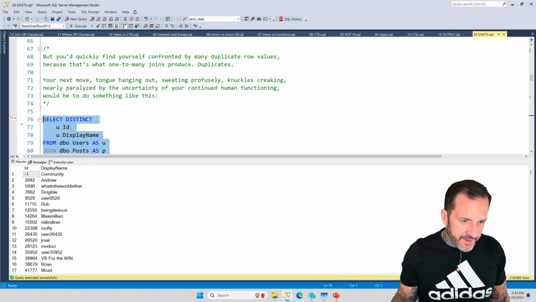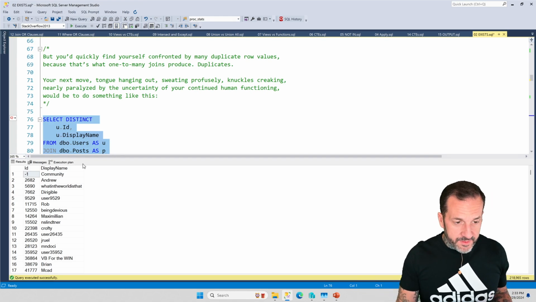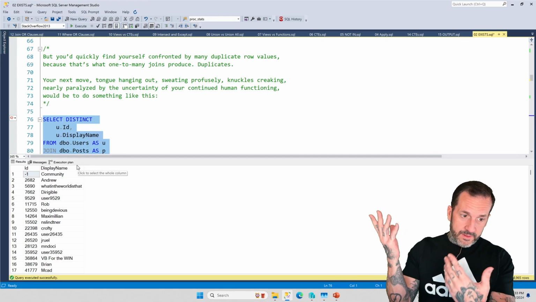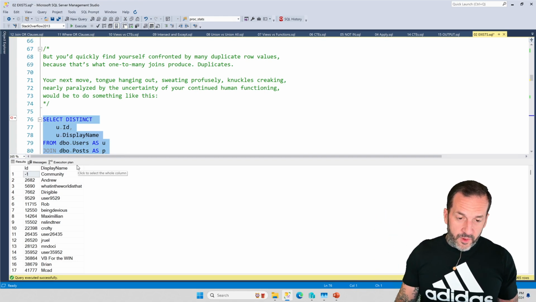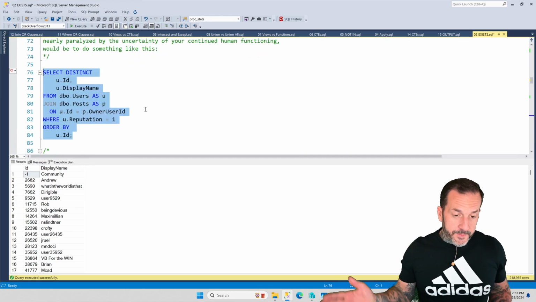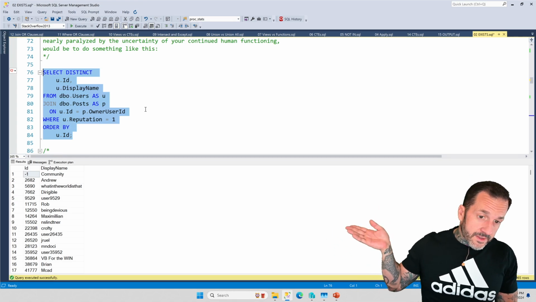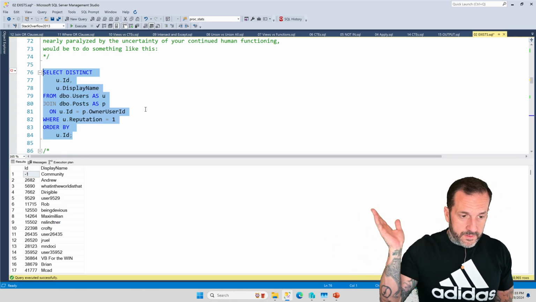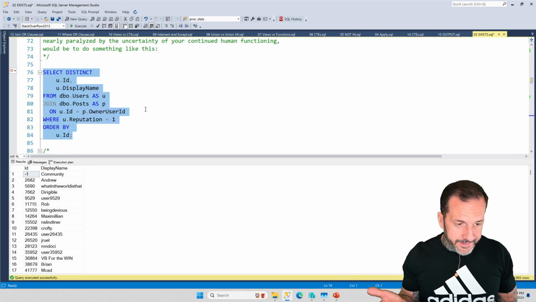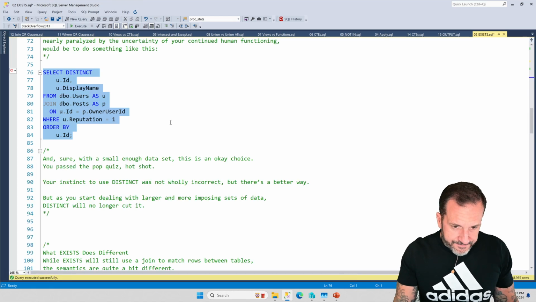And the query itself doesn't actually run that much faster, but we do get the results back faster because we send fewer rows to SSMS to process and put into grid form. So like the query plans and the performance don't matter much here, but you could do this and you could very easily get back the results that you want to see, which is fine, but